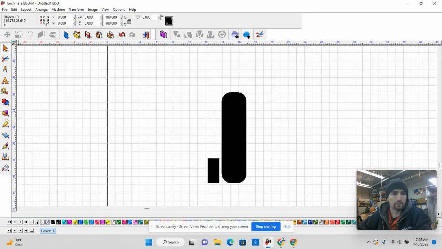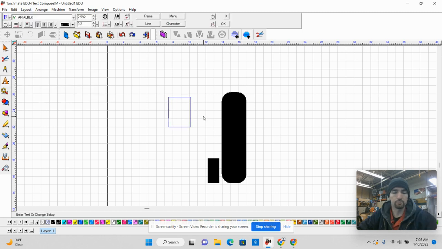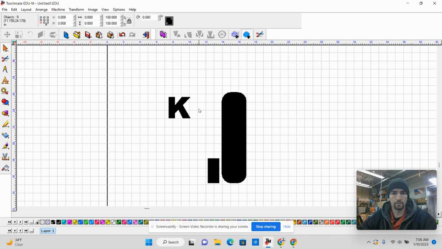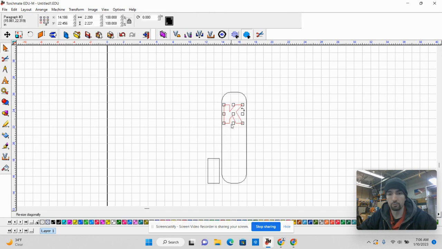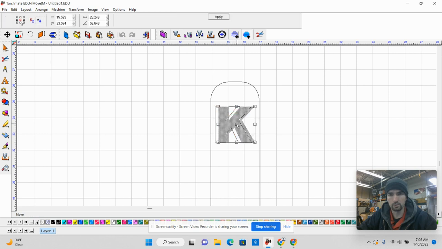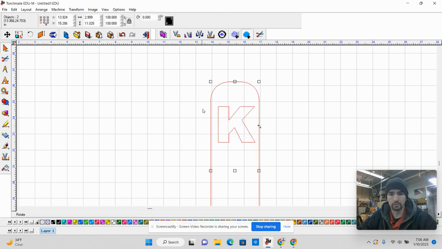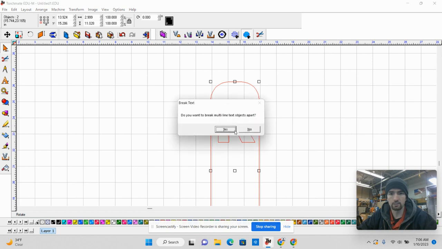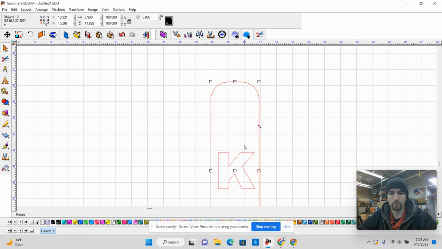Now I'm going to create my text. Click on the text tool, and you're going to put your first initial, last initial, and for simplicity's sake, I'm going to select my object. I'll put one in here at a time. Now I'm going to do show fill, so that way I can see my object as I'm working with it. And if I select both of these and then I click E, no, I don't want to split it apart, and C,